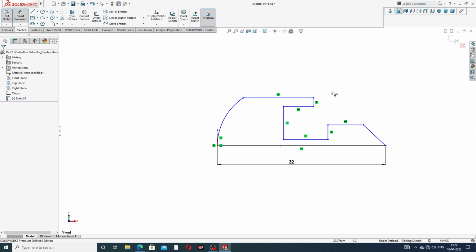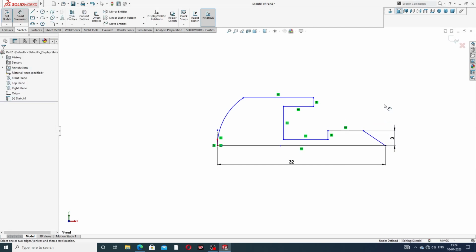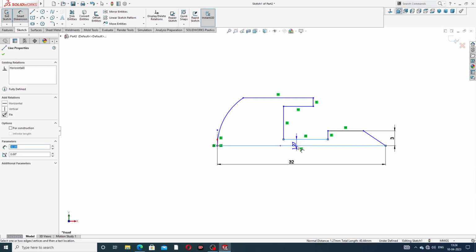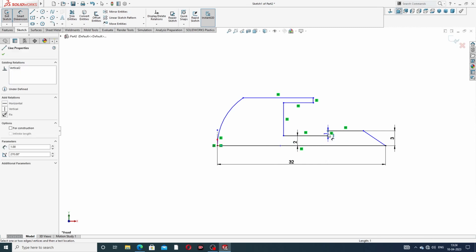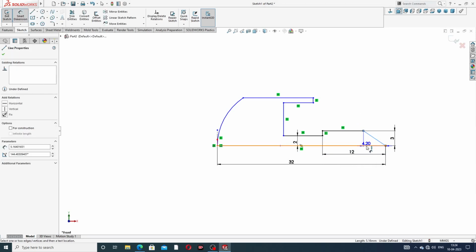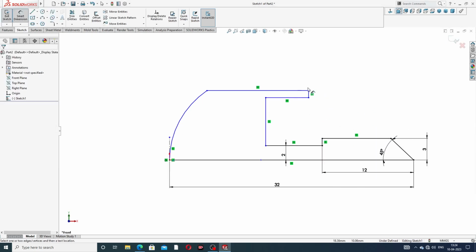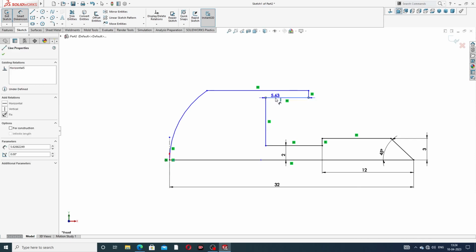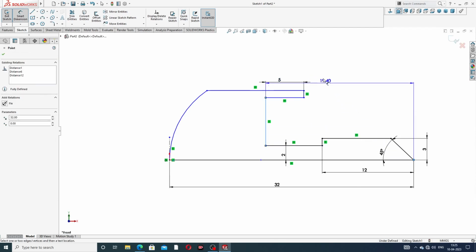and drawing this length to this is 3 millimeter, okay, and this distance is 2 millimeter is perfect, and this distance is this line to is 12, and angle between to this is a 45-degree angle, okay, and this distance is 5 millimeter and perfect, and this distance is 26 millimeter,